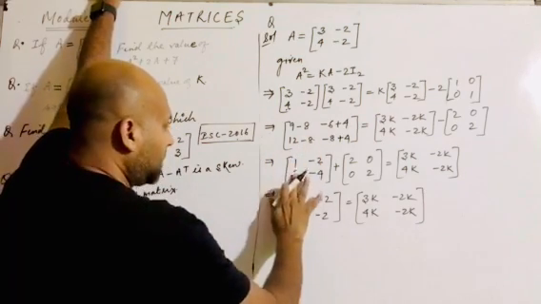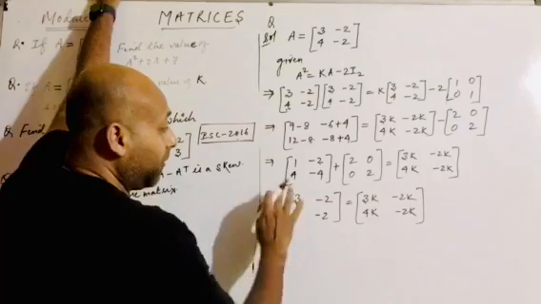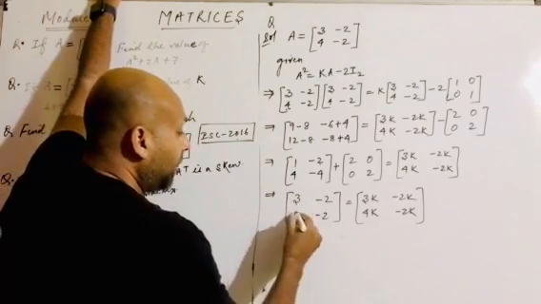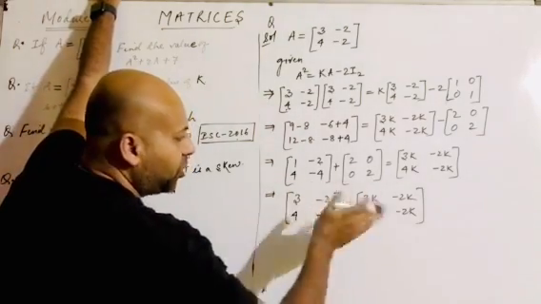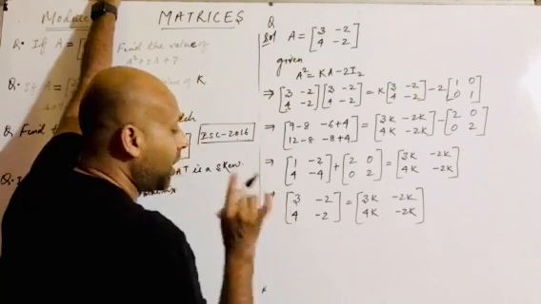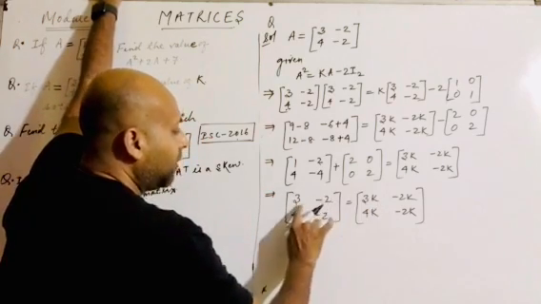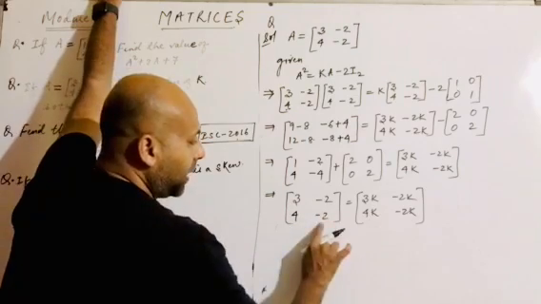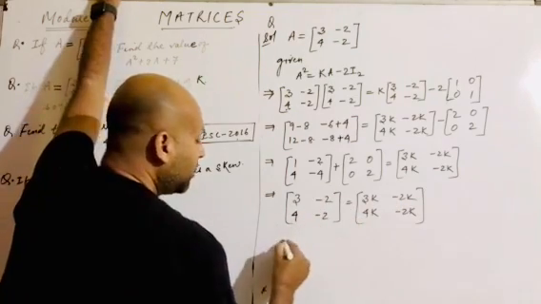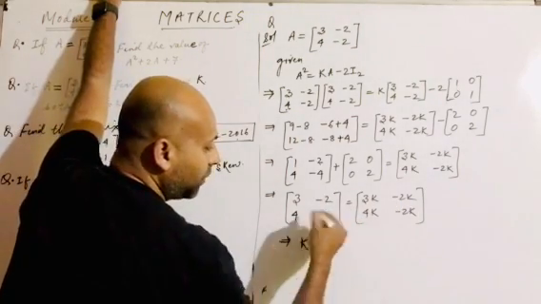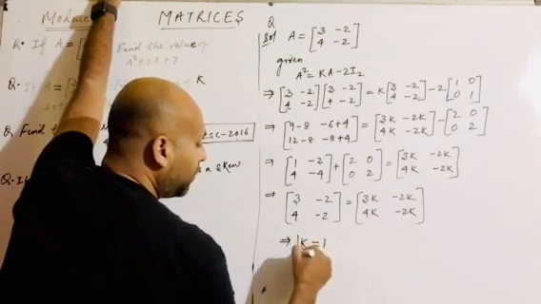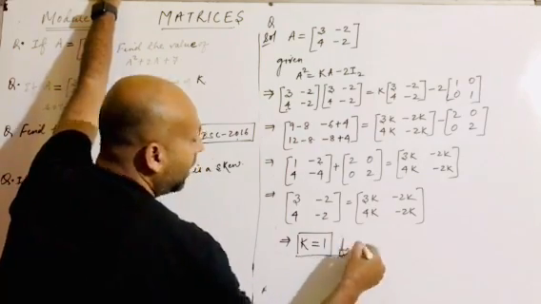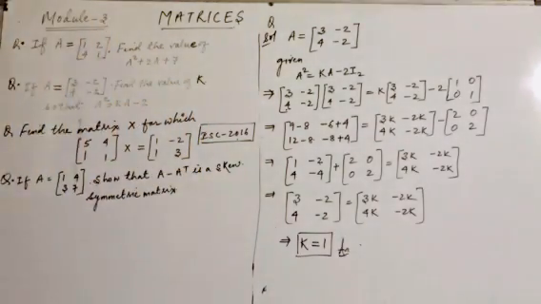12 minus 8, yes. So from this it is also clear that if any error is there, you can rectify that, because for any of the equations of the elements you will have the same value of k. Here if I equate, I'll get the value of k = 1, here also I get k = 1, and here also I'm getting k = 1. So for any of the equations of the elements I can simply get the value of k equals 1, and this is your answer, children. Hope the process is very clear.